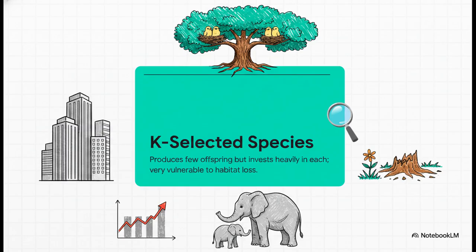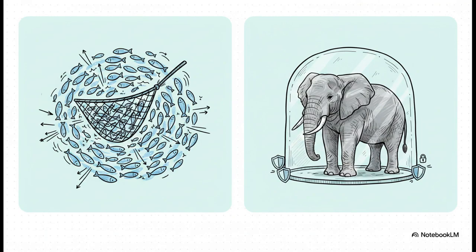The catch? Because their reproductive rate is so slow, they are incredibly vulnerable to habitat loss, and agonizingly slow to recover if their population takes a hit. And this brilliantly illustrates why understanding this continuum is a literal matter of life and death for conservation efforts. Because R-selected species replenish their numbers so incredibly fast, they naturally have a pretty high tolerance for harvesting. K-selected species, however, have practically zero tolerance for elevated adult mortality. If they're going to survive, they absolutely require large intact habitats and long protected seasons.